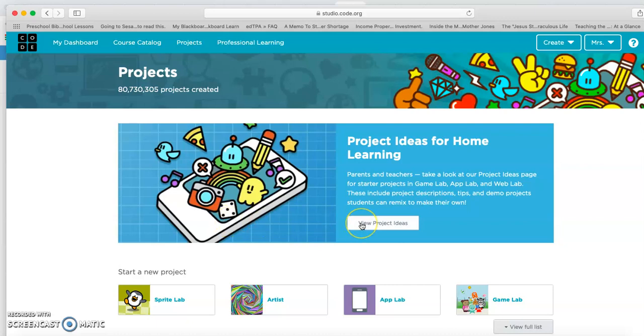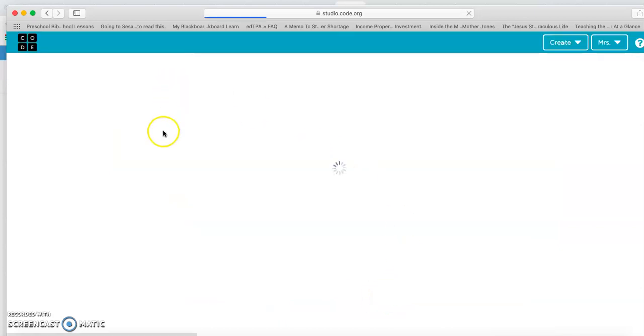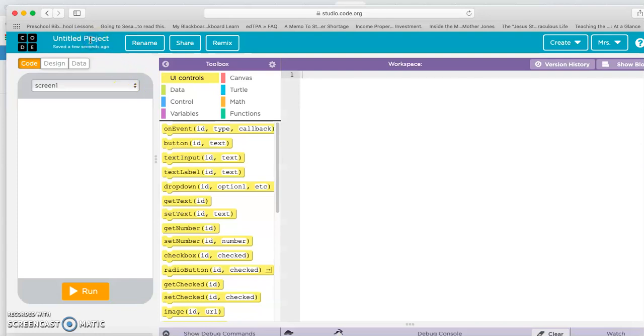This video is going to show the timer functions, or the different time functions in App Lab. So I'm just going to start a new project here. I'm going to rename it Time. And the first thing I'm going to do on screen one, just save first, in design mode, I'm just